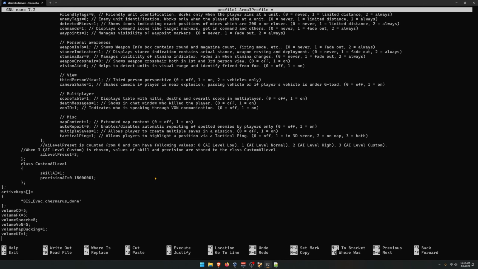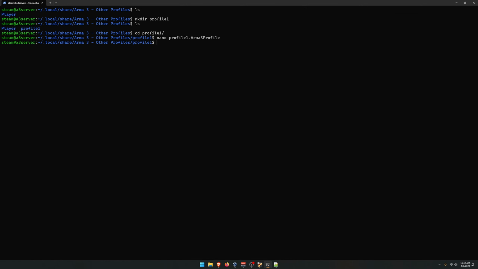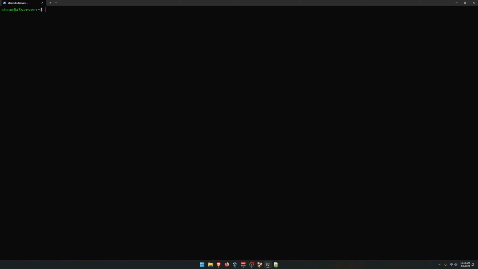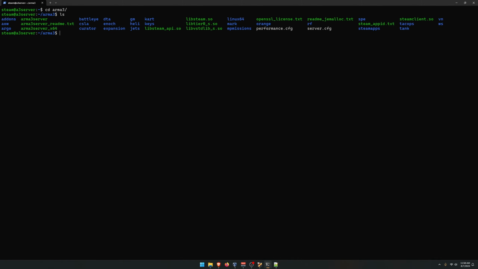So once we have this in here, let's go ahead and exit and save. So we should now have this file in our profile directory. Awesome. Let's go back to our home folder. All right, now let's go into our server directory. Okay, so the next step, after we've got all three of our server configurations set up, is that we need to